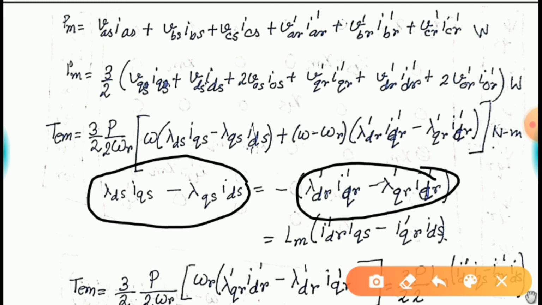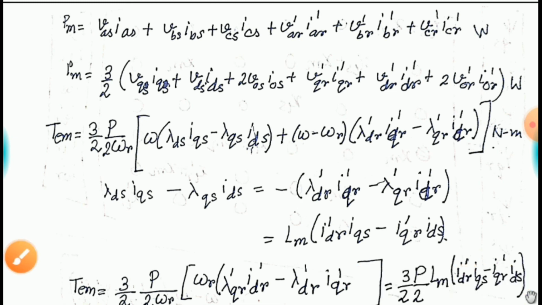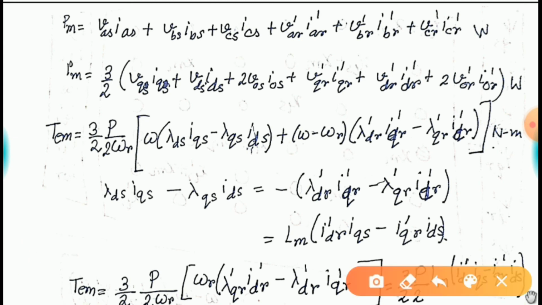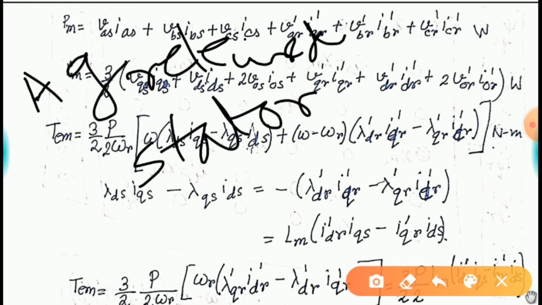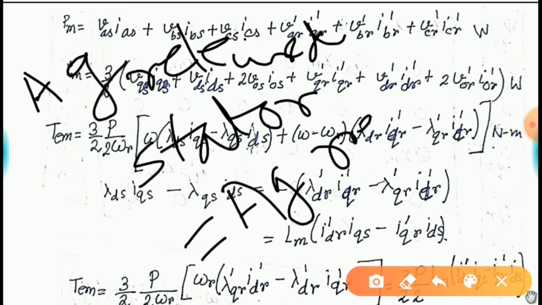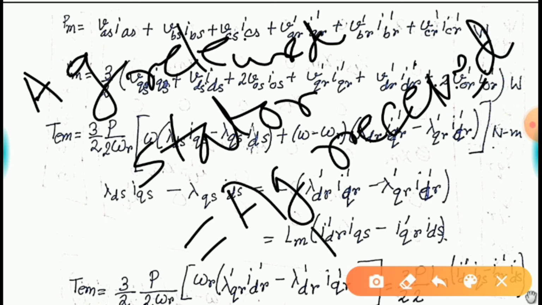Because in the case of lossless transmission, in a near ideal situation, the air gap power released by the stator is the same amount of air gap power received by your rotor. Fine. So